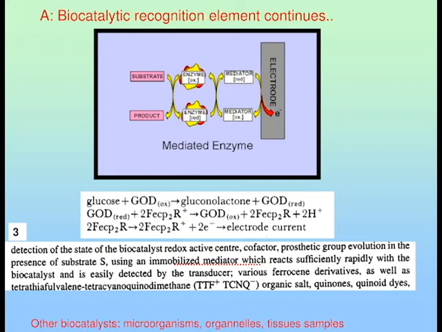Take note, in this case, we do not measure the oxygen. We do not measure the gluconic acid. We do not measure H2. Actually, we are measuring what? The final signal I'm going to measure is actually the oxidation current of ferrocene to ferricinium ion. Are you following? So in fact, write down, one advantage of this type of glucose detection is